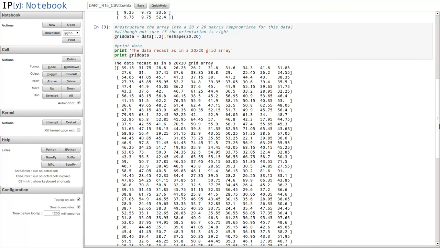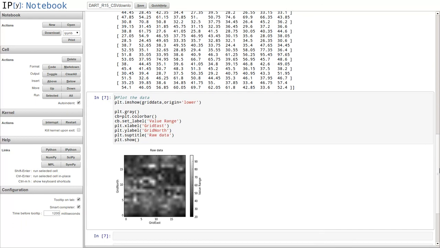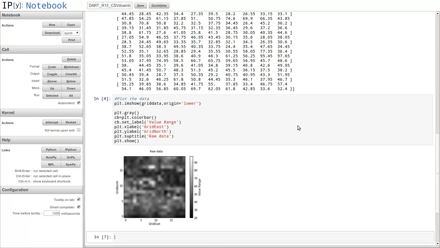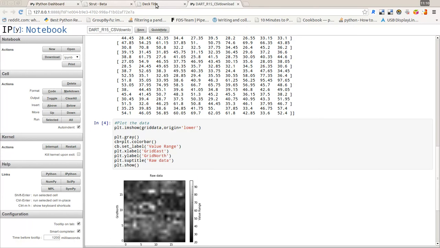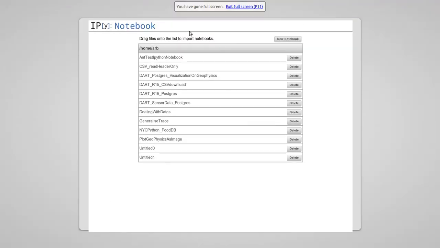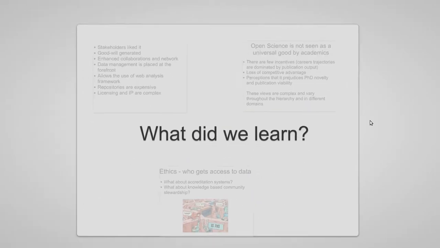Here, this is where we reshape the data prior to doing any analysis on it or printing on it, and here's how we can just plot that data. We could run a variety of other things on here, and what I will do is put this to show the multiple analyses thing. Because what I'm not going to do is to run this under Postgres. So let's get back to the deck. I could show you this under the database driven environment, but we really don't have the time.